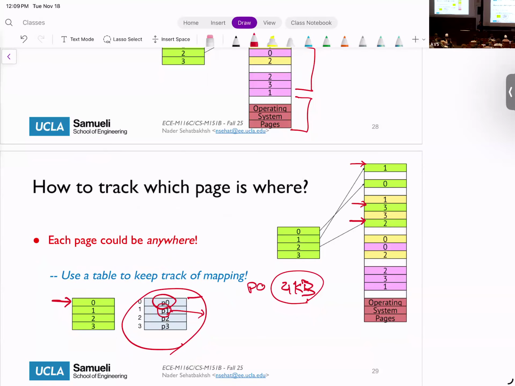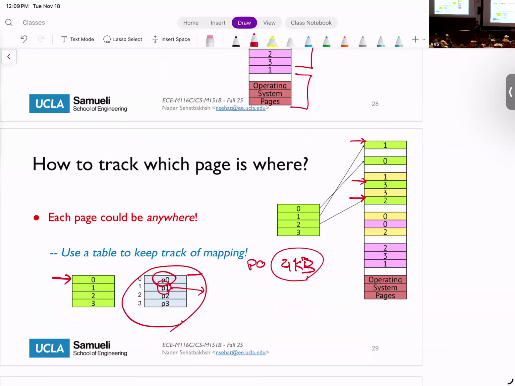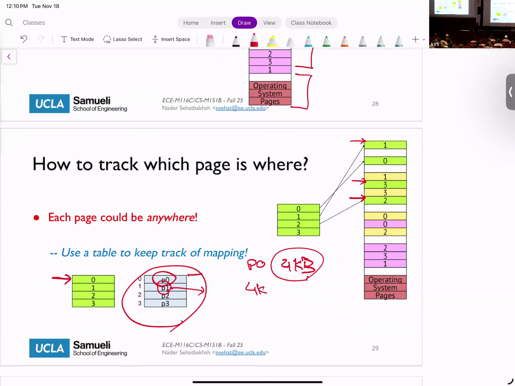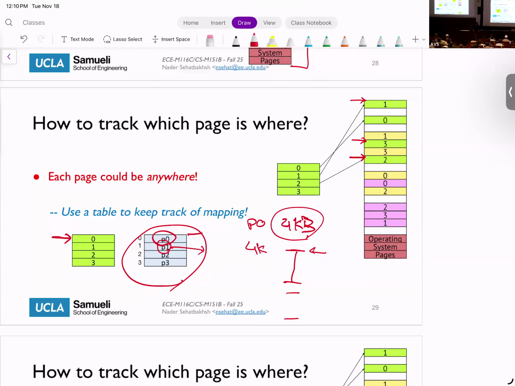So for this, I need some form of a table, some form of a memory to remember and store the mappings. The beginning of this page is stored here, the beginning of the next page is stored there, and so on. I don't need to remember all the addresses. Since I know each page is 4 kilobytes, all I need to know is the beginning of that page, right? So I know all the addresses within this range belong to that page, and the same story over and over. So I need to store these offsets, these pointers to the beginning of each page, and that is what I store in this kind of memory storage unit.